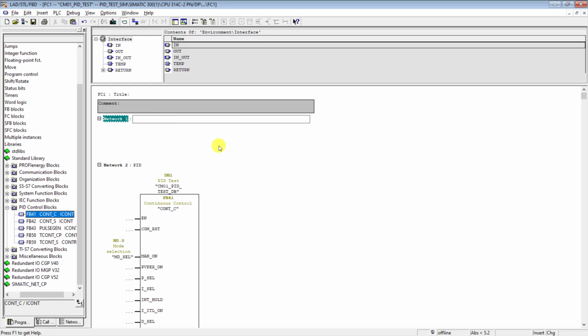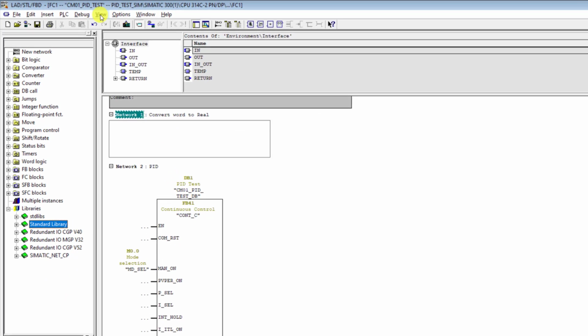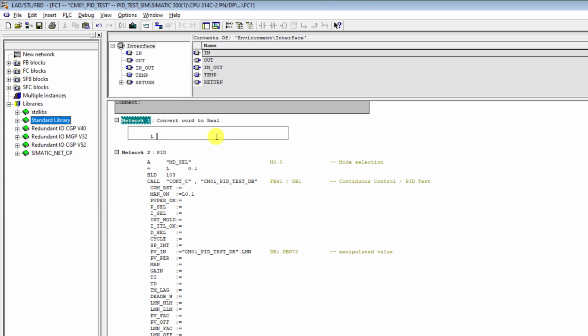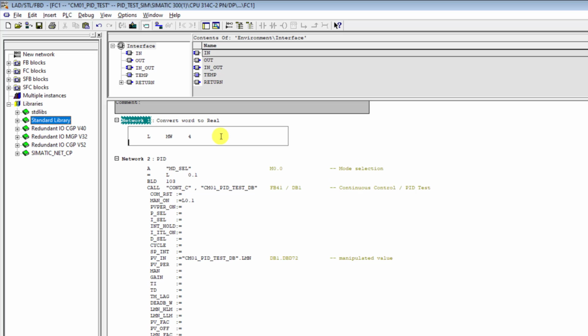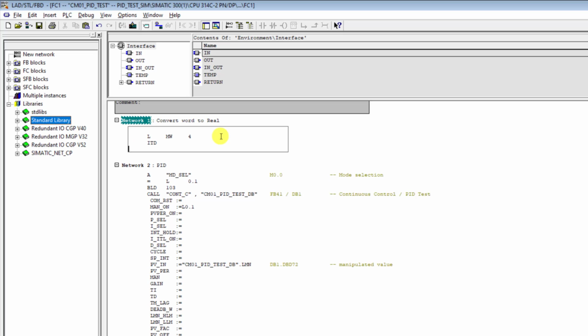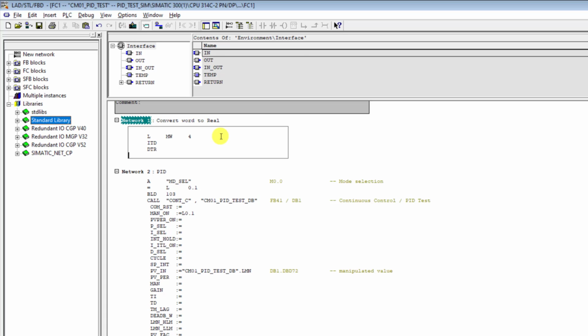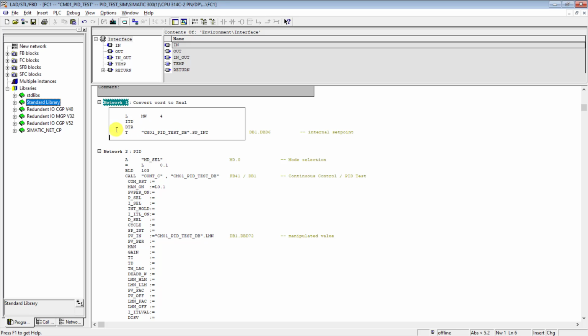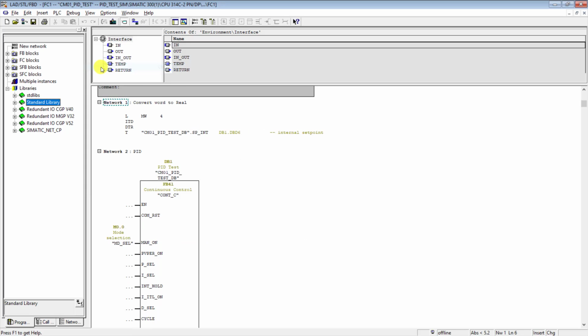We will now create a new network because for our set point we need to do a conversion. So I will switch to statement list, and then I'll say load memory word 4, and then integer to double, then double to real, and then transfer it to the DB, that is the PID DB, which is DBD6. I switch back to functional block,